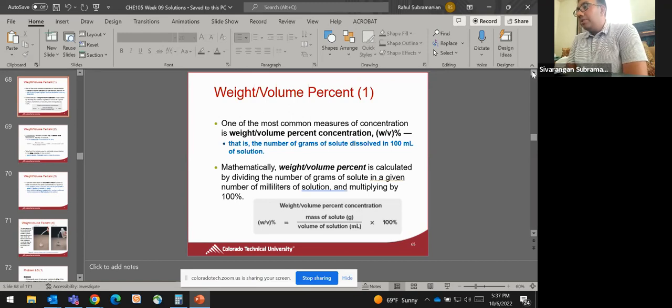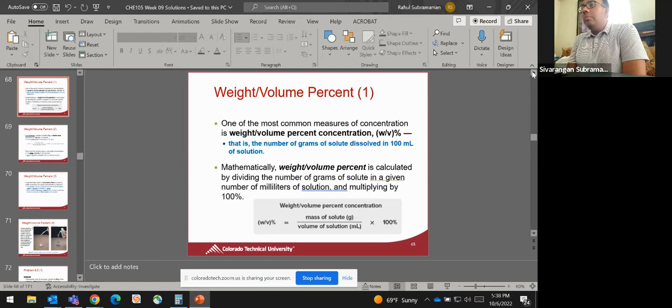So this first way of expressing the concentration is weight over volume. The numerator, the W, is indicative of how much mass of the solute is there, usually expressed in grams. And the volume, which is the denominator, and keep in mind, this is the volume of solution. When you add a solute to a solvent, the mixture is called the solution, and you're measuring the volume of the solution, not the solute or the solvent. That volume of solution is usually expressed in milliliters. So grams per milliliter times 100% gives you the